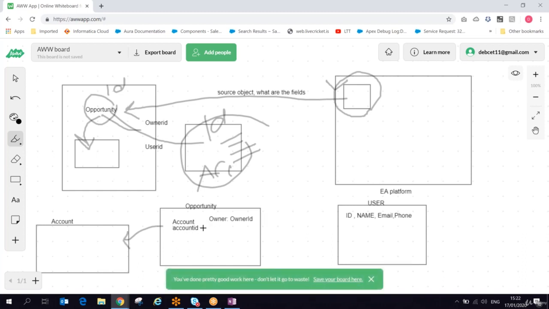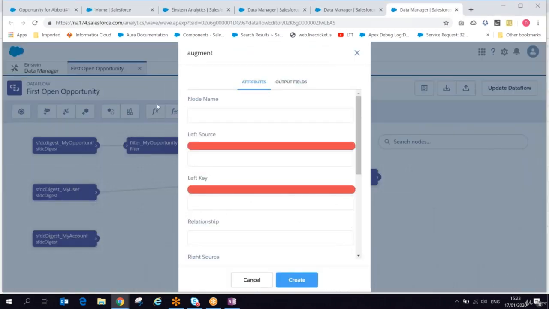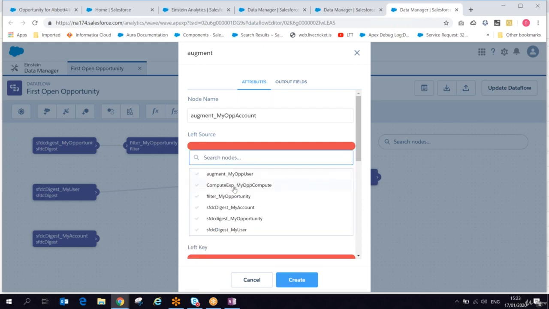So in opportunity, I'll have account ID, and in account, I'll have the ID field. So that I have to do. So my left side, my right side, my key, and what field I want to get. Same way, I'm going to build one more augment. So let's give the name as augment my opportunity account. Okay, what is the left source? Left source going to be my,